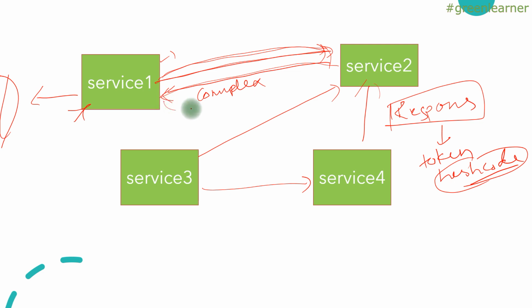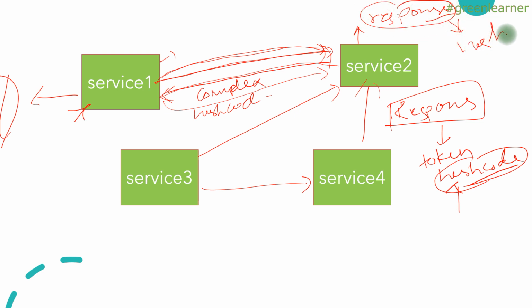And when request 2 is coming, along with the request data, the client is going to send this hash code that it has to service 2. With this second request, service 2 is going to prepare the response again. There is no difference in that. It will prepare the response again, and generate the hash code out of it, the token, whatever you have generated, and the hash code that it had sent.